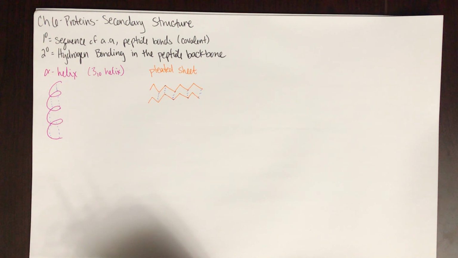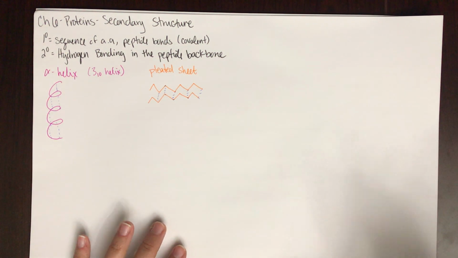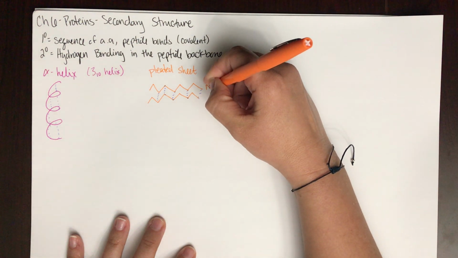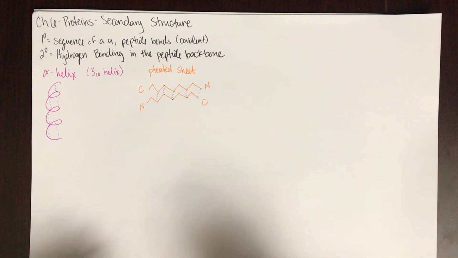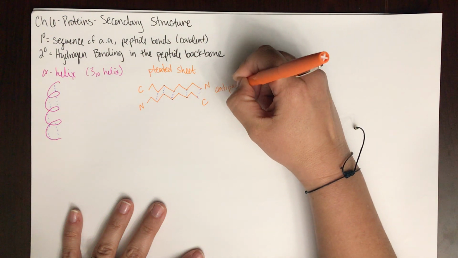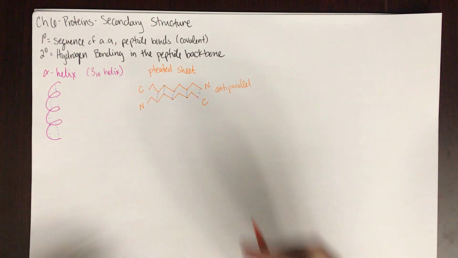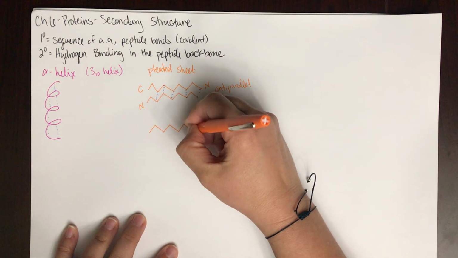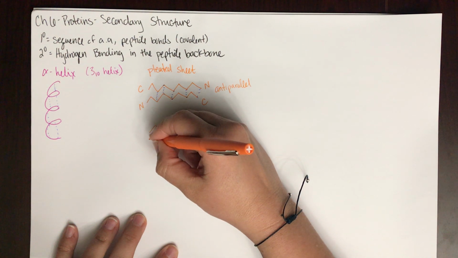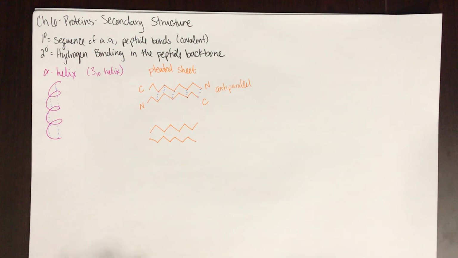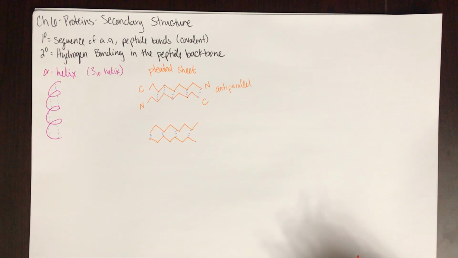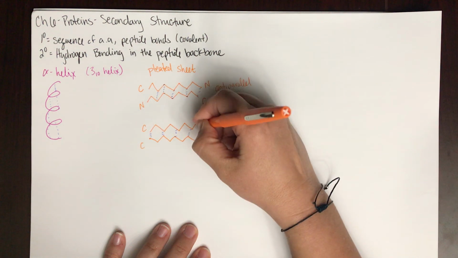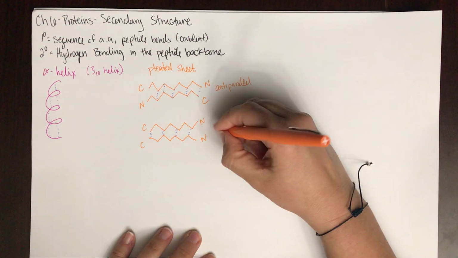So this way, where they're kind of right above and below each other, just to orient you, if this was going from, this is the N terminus, the nitrogen end, and this was the C terminus, and then over here this was N and this was C, we call this an anti-parallel beta pleated sheet. Or you can have the opposite, where you have bonding, but it's a parallel, meaning that these are both going in the same direction. Parallel